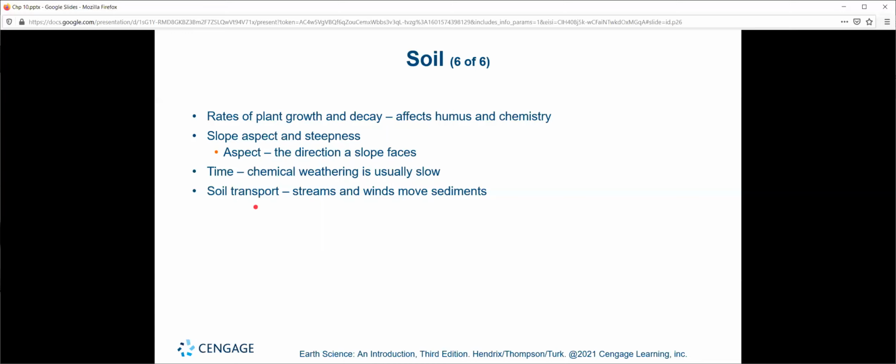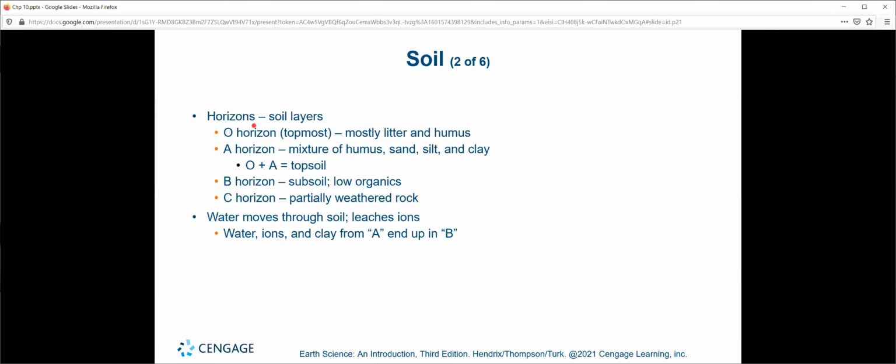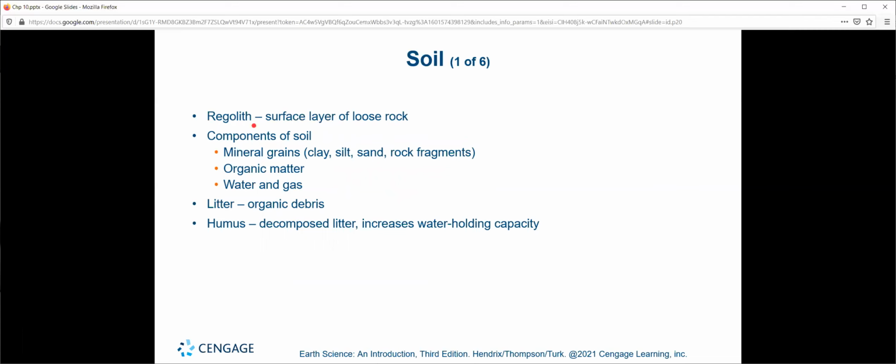And of course, soil transport. What's bringing your soil here? What's taking your soil away? Right? There is a very important reason why the civilizations of the world all started near rivers, because rivers provide you with not only access to water, but the best, most fertile growing soil. Why do you think that is? How could actively flowing rivers allow for the most fertile land, the best topsoil? Again, look at your components of soil, how you make a soil, and that might provide you with some clues.